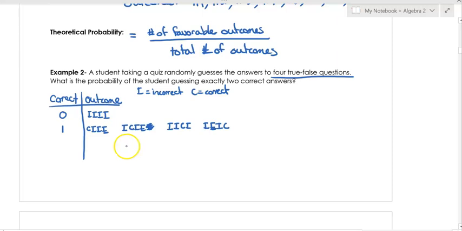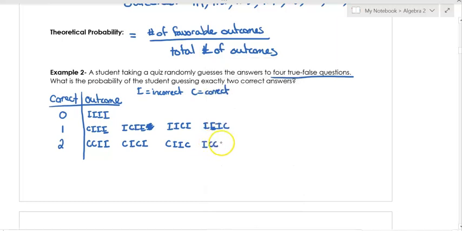So that means that right there are 4 different ways they could do that. Now, how many different ways could they get 2 questions correct? Well, they could get question 1 and 2 correct, and the others wrong. They could get 1 and 3 correct, and the others wrong. Okay, they could get number 1 and number 4 correct. And then that's all the ways with number 1 correct, but they could also get